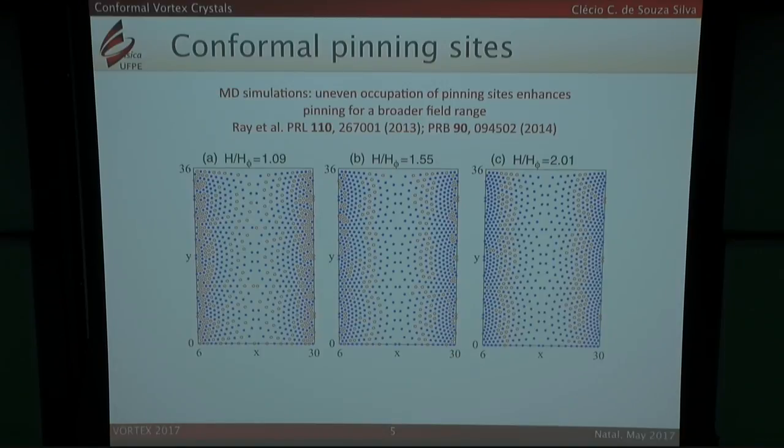Okay, but I'll talk not about such kinds of non-uniform crystals induced by a two-dimensional potential. Actually, we are looking for self-organized vortex distributions in homogeneous systems. So the idea is to use a one-dimensional potential and check if the two-dimensional distribution of the vortices would follow such a structure without the necessity of trapping vortices locally.